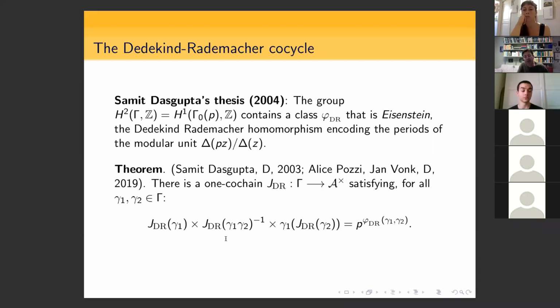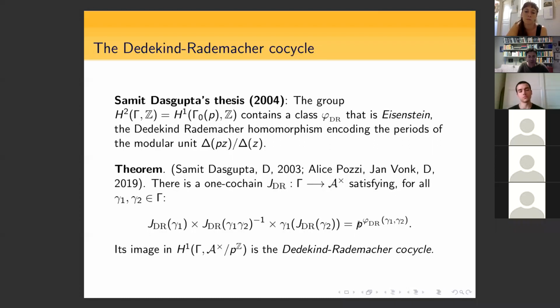So the exact same relation we had before for the elliptic curve, except that now the Tate period, Q sub E, is replaced by a much simpler period, which is simply the prime number p, which of course generates a discrete subgroup of C_p star. And so we get this kind of trivialization result. And the image of this J sub Dedekind-Rademacher in the first cohomology of Gamma is what we call the